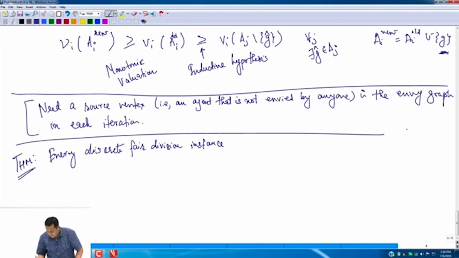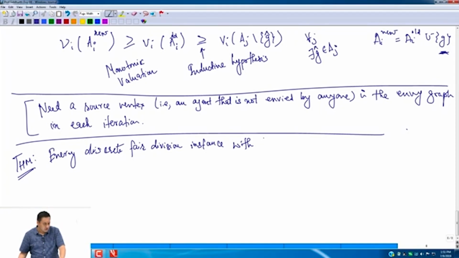So you give me any discrete fair division problem, that is, a problem where the goods are indivisible. And as I said, the only assumption, and it's a very minimal assumption I'm making, is that the valuations are monotonic. If you look around at other related concepts, getting something at this level of generality is typically quite hard and invariably impossible.